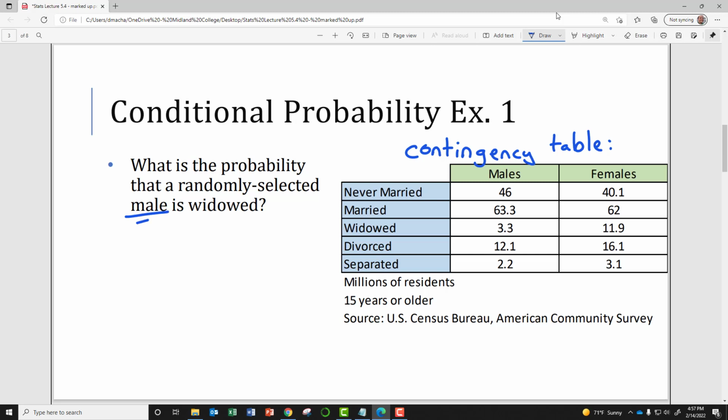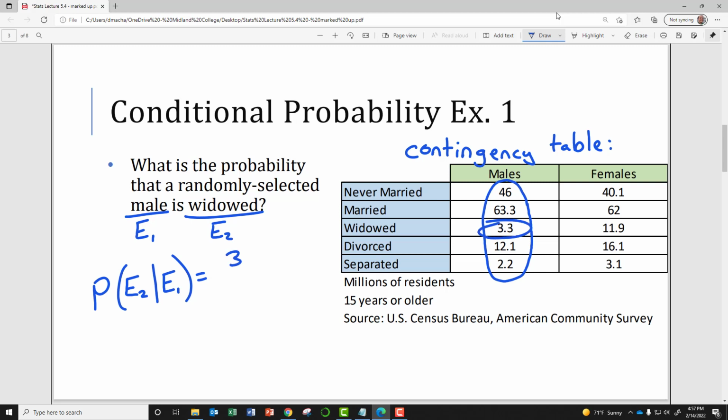So event 1 would be that the person is male, and widowed would be event 2, right? And so what we're asking is, what's the probability that we find someone widowed given that we know they are male? Okay. Well, if we know they're male, we're only going to look in this column of the contingency table. And we're asking, what's the probability that they're going to be widowed? And so this is going to be 3.3